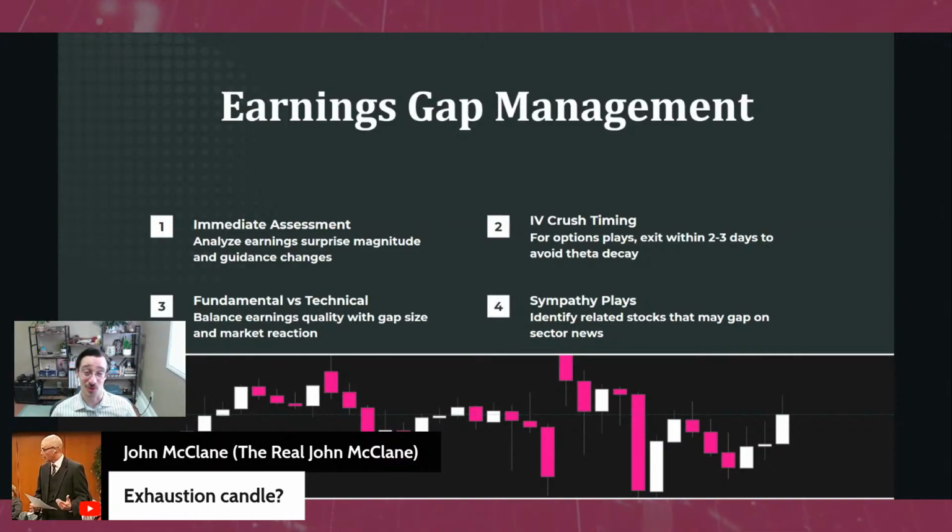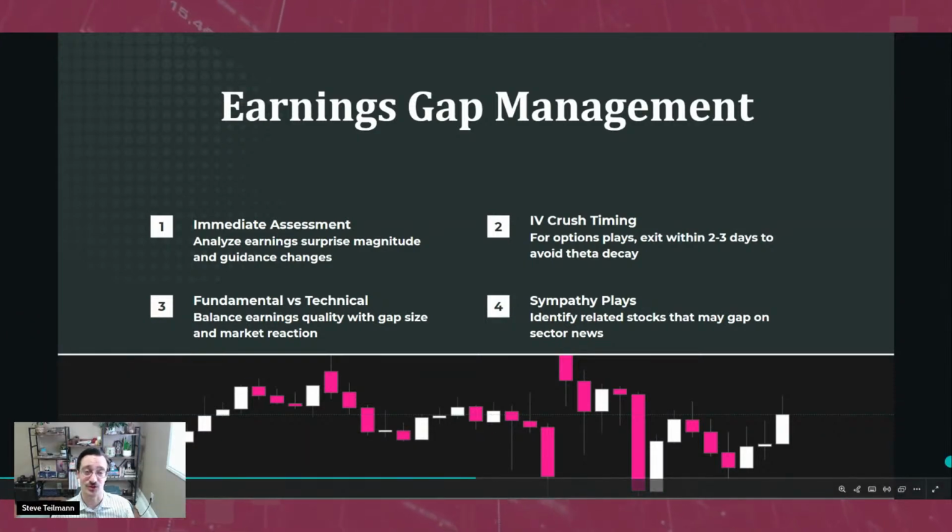So I think the most important thing with earnings gaps, as opposed to your traditional breakaway gap, like we saw with HIMS, is that you need to very quickly, pre-market essentially, assess, is this gap valid? You got to analyze. And this is where I do think it's important to expand. If you're just a technical trader, it's really important to essentially,